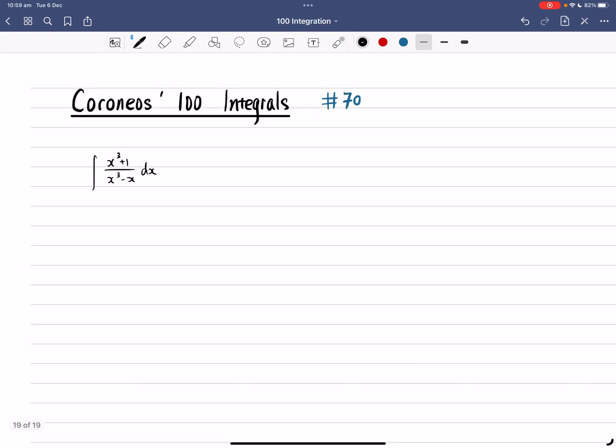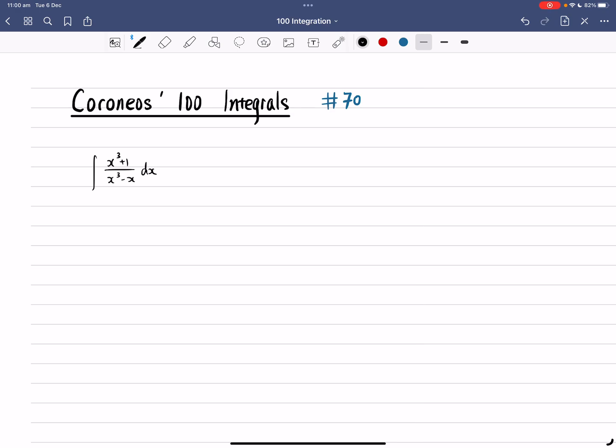Okay, Coroneos 100 integrals, number 70. So this question, you need to integrate (x to the power 3 plus 1) over (x to the power 3 minus x). So when you first look at it, you've got a fraction with the highest power equal to each other. So one of the ways you can think about it is partial fractions or algebra manipulation or a combination